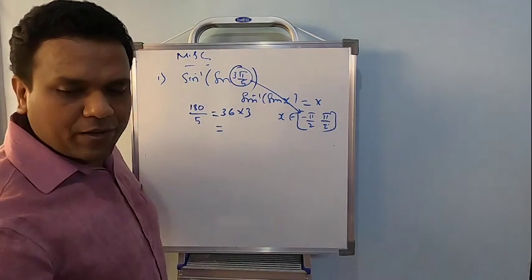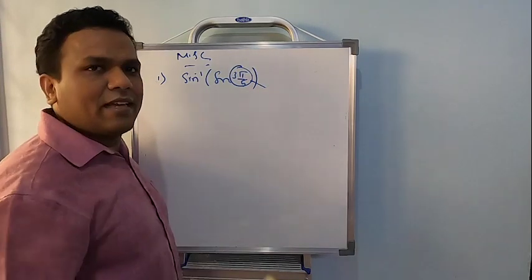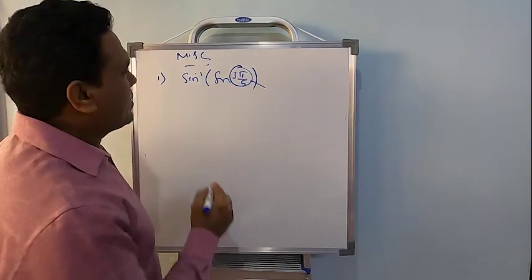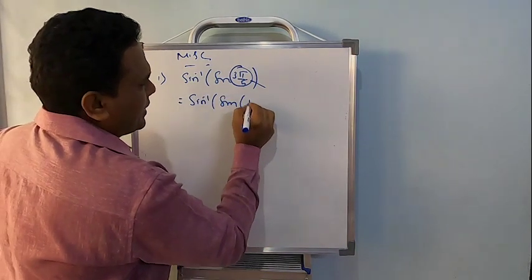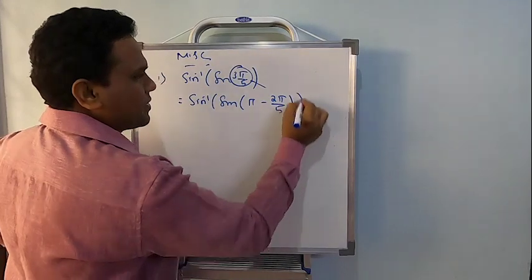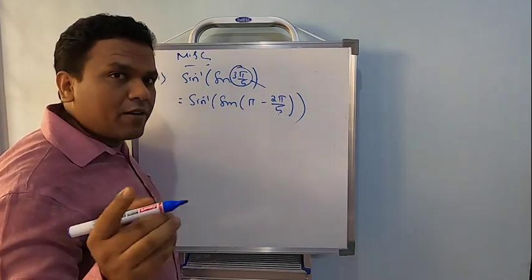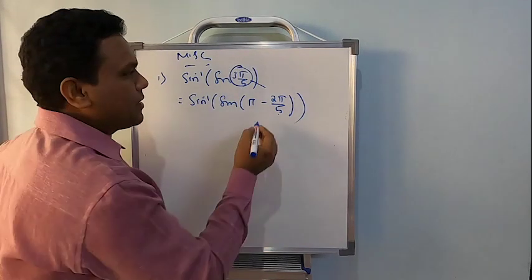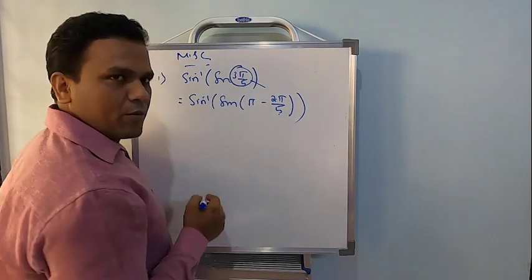So what I should do here is reduce it below 90, or at least 90, and then eliminate it. So how to split this? This can be written as sine inverse of sine of pi minus 2 pi by 5. Let me check this. Take LCM. Okay, I told you if you are finding it difficult, go for degrees and convert to radians. Go for degrees and solve it. 5 minus 2, so 3 pi. I'm going to get this right.